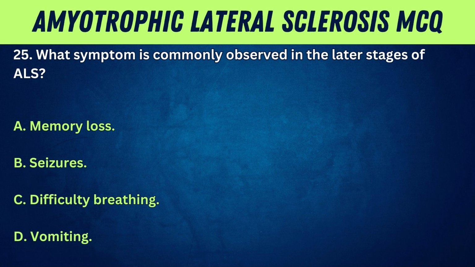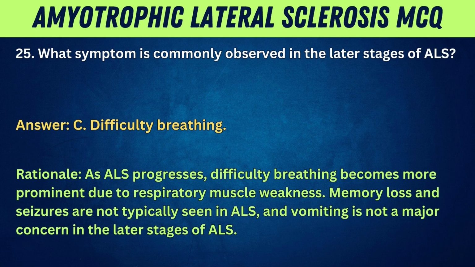25. What symptom is commonly observed in the later stages of ALS? A. Memory loss. B. Seizures. C. Difficulty breathing. D. Vomiting. Answer: C. Difficulty breathing. Rationale: as ALS progresses, difficulty breathing becomes more prominent due to respiratory muscle weakness. Memory loss and seizures are not typically seen in ALS, and vomiting is not a major concern in the later